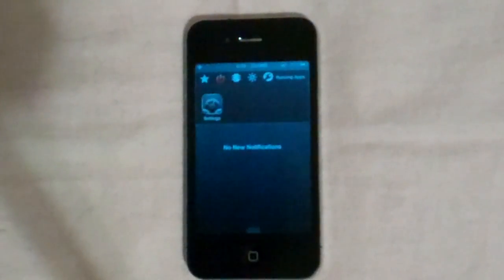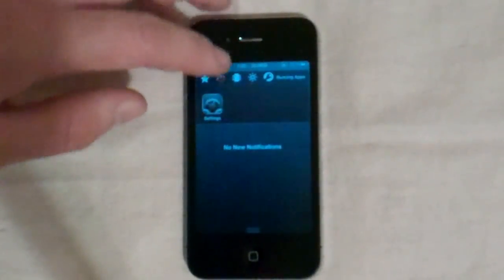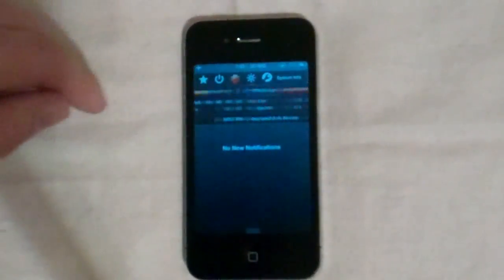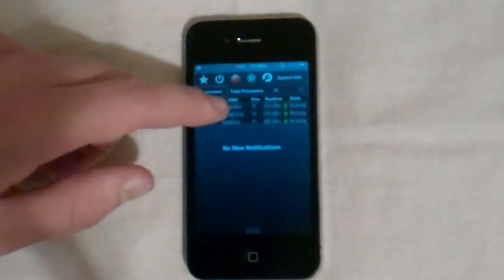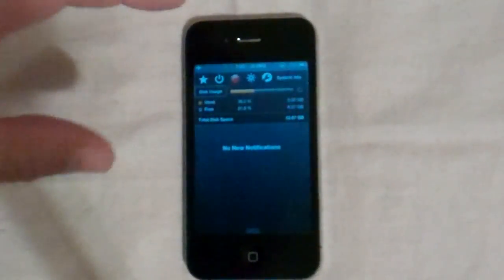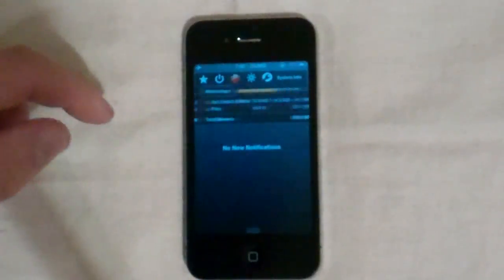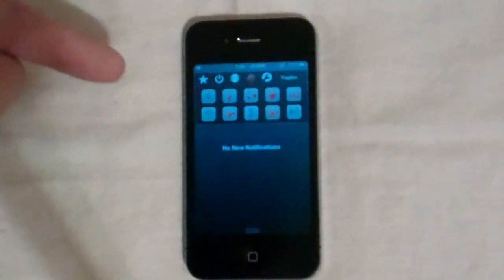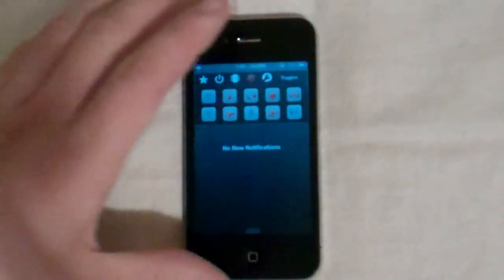Here are your power options, which just really tells you what apps are running in the background. Here's for your more technical stuff such as memory usage, CPU usage, Wi-Fi data, cellular data, processes, stuff that's happening in the background. Okay, your general information such as your system firmware, your build, host name, etc., your disk usage, and that is it. In the next icon we have access to all our toggles such as your flashlight,